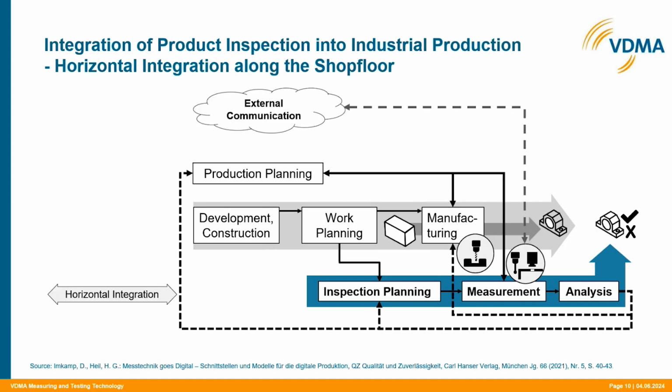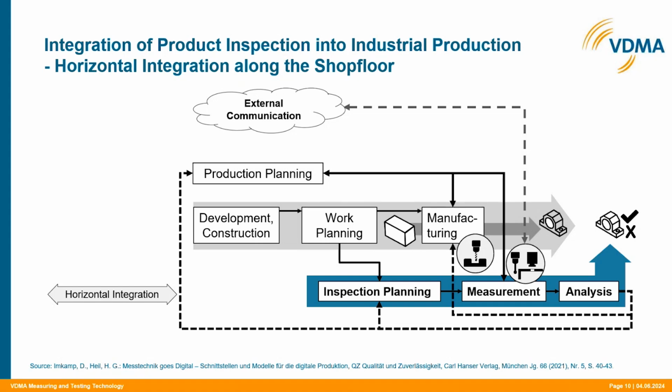Here, this is the horizontal value chain. And of course, these pieces are interconnected, not only with the work planning, but also with the whole production planning. If you have recorded the quality of the part that you have measured, you want to send this to an external communication system, maybe a higher-level system, or some website, or an external third-party quality system. So this is usually the integration into the horizontal shop floor.